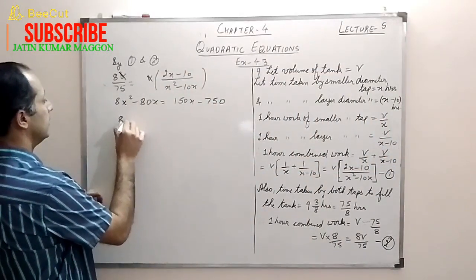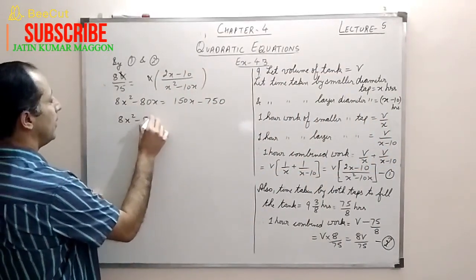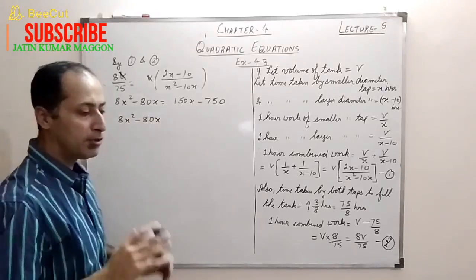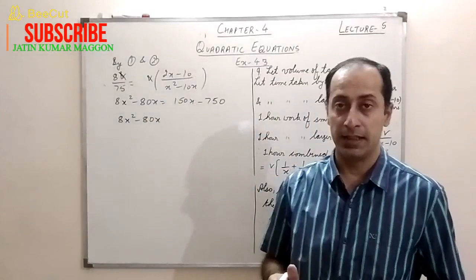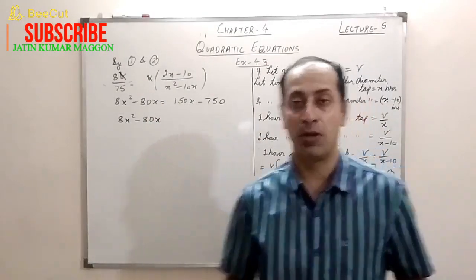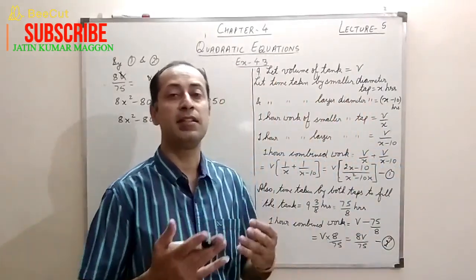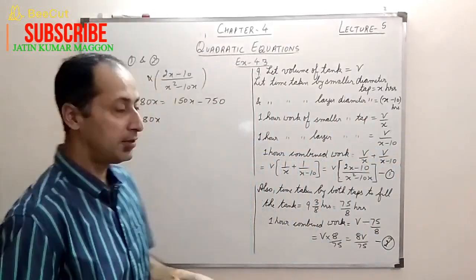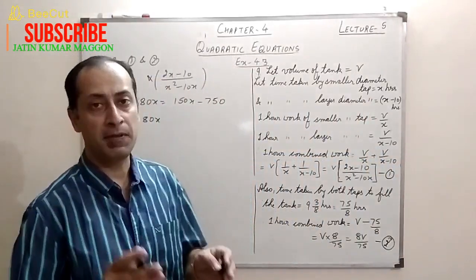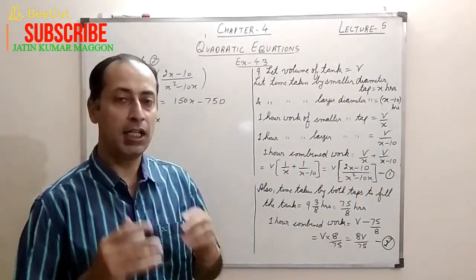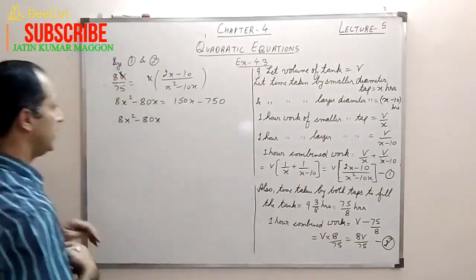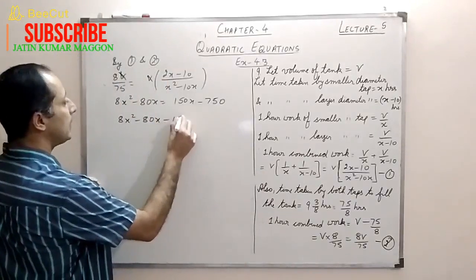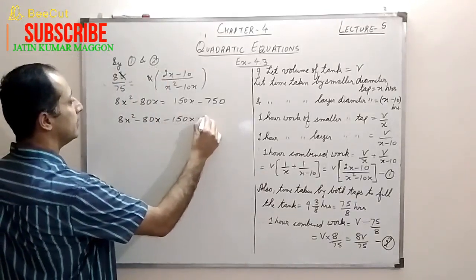So shifting. See, do it very carefully, because students usually make this mistake. They do not change the sign and they forget to write equals to 0 also. In that case, it doesn't make sense. Is it an equation or a polynomial? That is the only way we can distinguish between a polynomial and an equation. In an equation, there is always an equals to 0. We have to write that thing. So this is minus 150x.